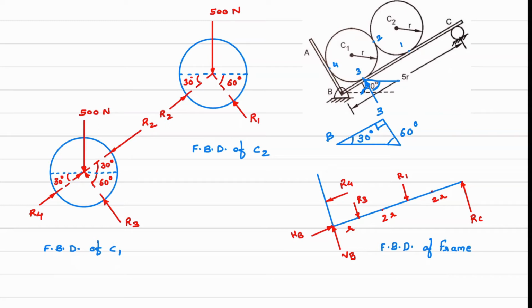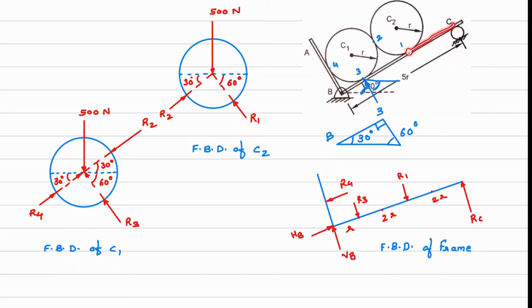Okay, now we will see the distance part. So if you consider this first R3 part, here we have R3. What will be this distance? It is radius, so this distance is r. Then if you consider this R1, what will be the total distance from this point to this point? It will be, this is 2r plus this r. Okay, total is 3r. So this is r and this is 2r, total will be 3r from this point to this point. Okay, now after this we have reached over here.